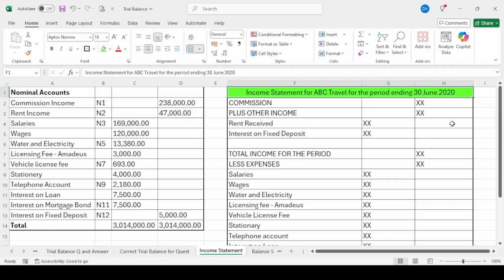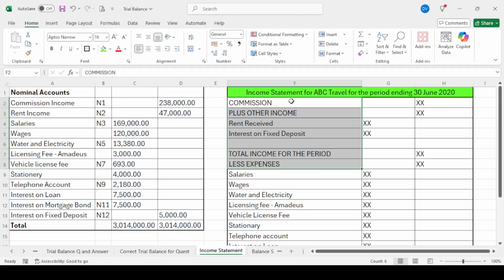Okay. You will see that your income statement, even in the textbook, the answer sheets, when you receive it, it's really completely blank. They just give you these three columns, 1, 2, 3. It's not named or none of the format is filled in for you. That's why it's really important, guys, same as with the trial balance, that you learn this format. If you do not know this format, you're not going to know how to do your income statement.